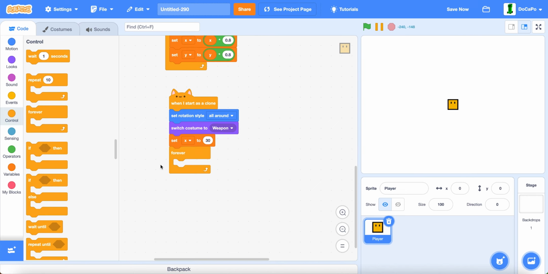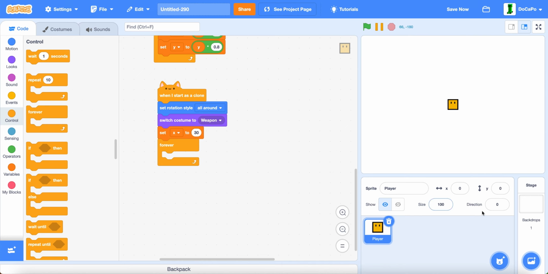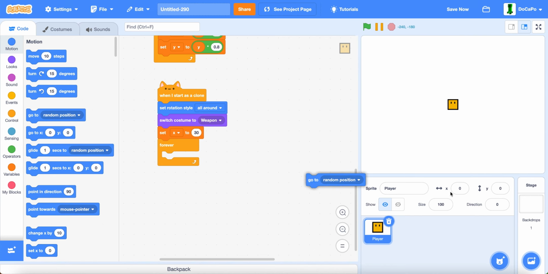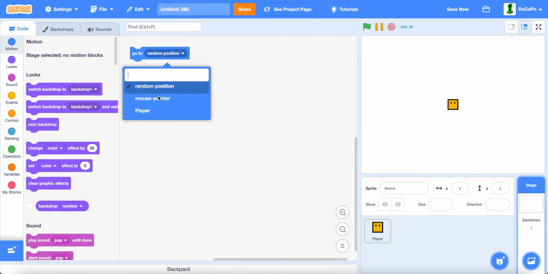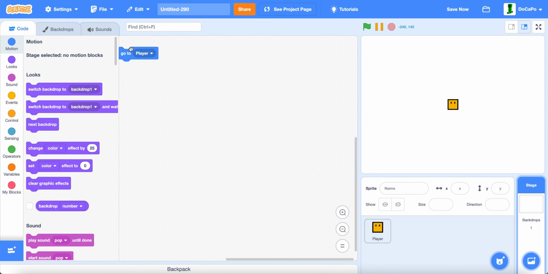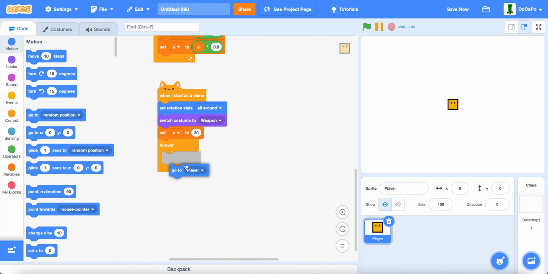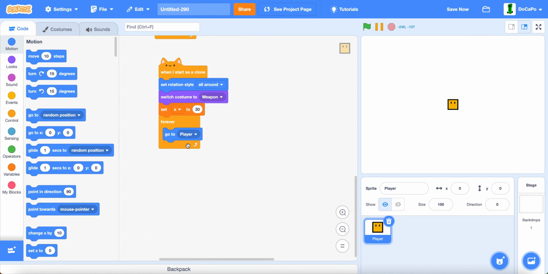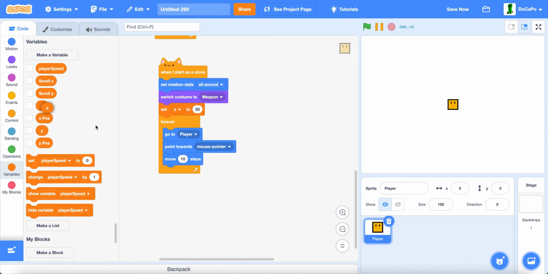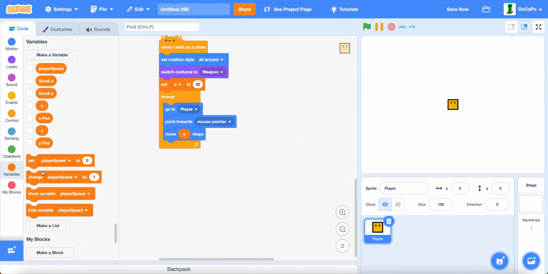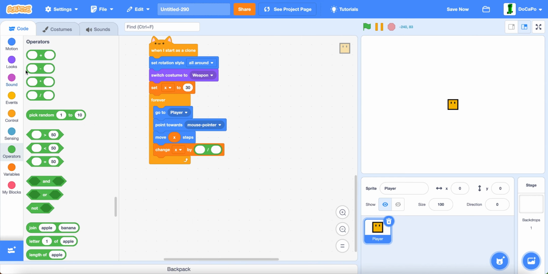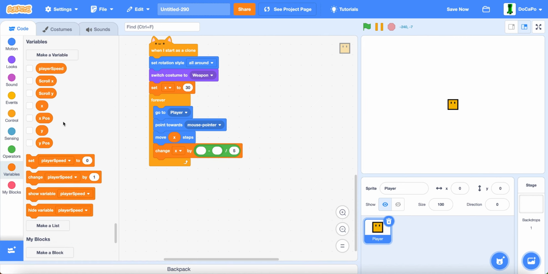Now, adding a forever, then dragging in go to block into stage, switch it to go to player, drag it back in player, now go to player, point towards mouse pointer, move by X,